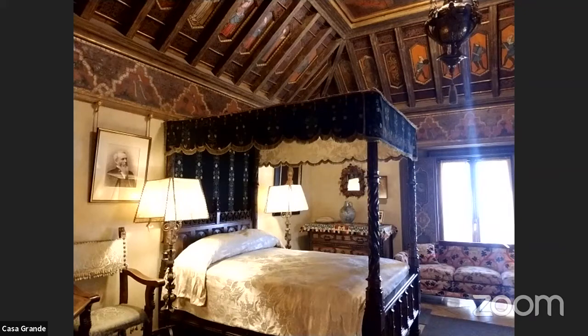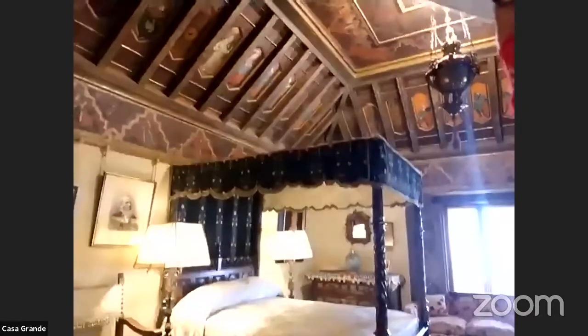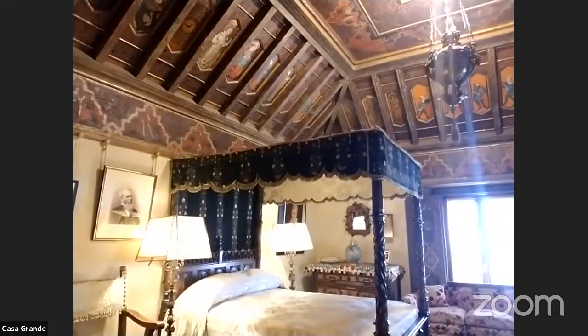It's one of the oldest beds, about 500 years old. It's also one of the oldest ceilings in the house. Check that out above the bed. We think that the ceiling is possibly from the 1300s or the 1400s. So, yeah, pretty old. And a lot of his ceilings came here from Spain. So, he was bringing Spanish ceilings to his house here in California to decorate almost every room in the house,